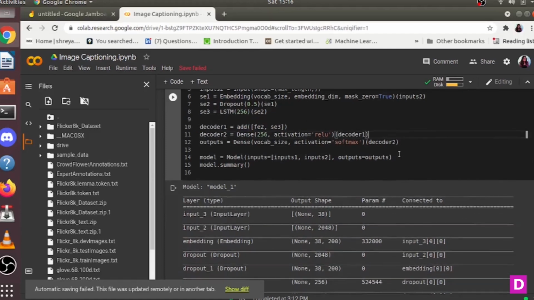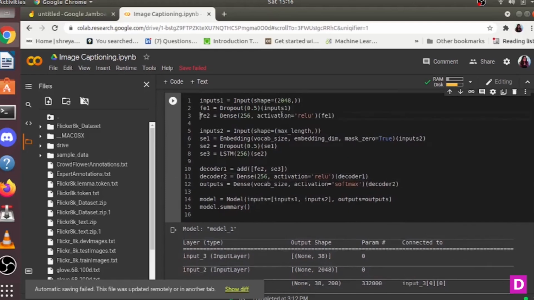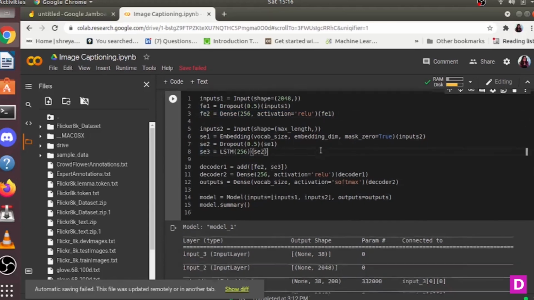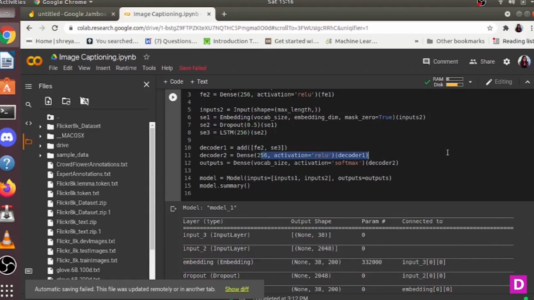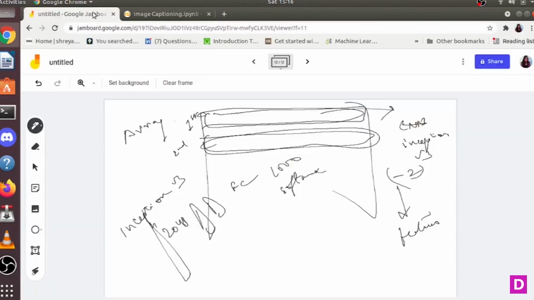What two values are being added? The value you got from the dense layer, that is from the CNN, and the value you got from the LSTM. Once these two values have been added, they will pass through another dense layer, so it can understand both CNN and NLP features, and then finally